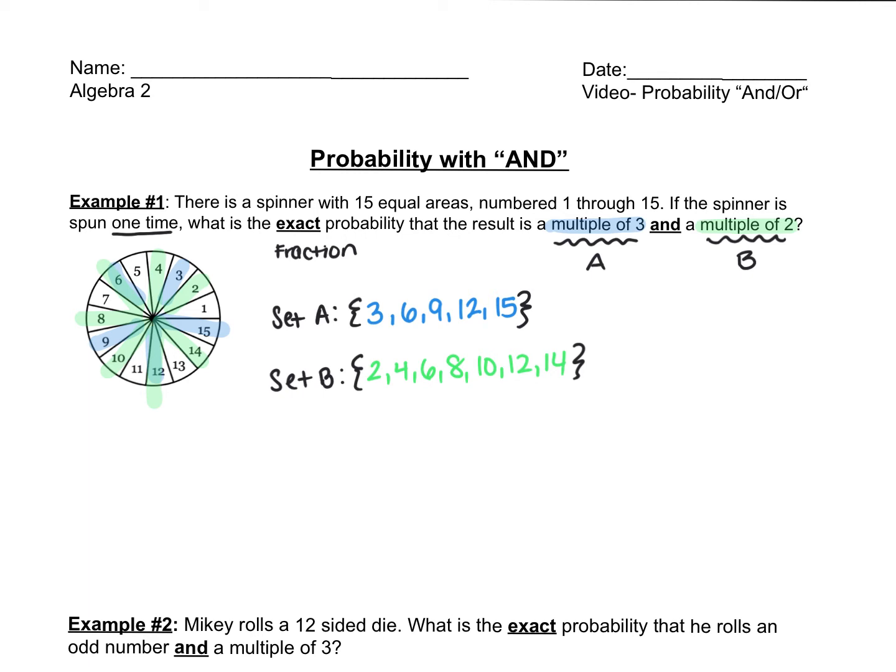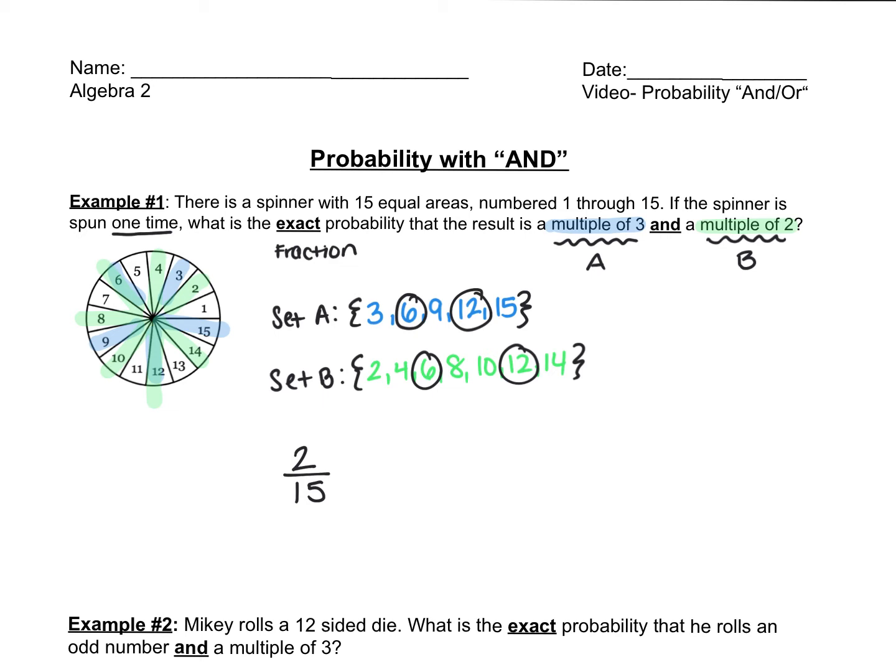So what I'm asking you is to tell me where's the overlap, right? Where are the things in common? So do you notice that 6 has a blue highlight and a green highlight? And so does 12. 12 is also a green highlight and a blue highlight. So 6 and 12 are both numbers that are multiples of 3 and multiples of 2. So my answer is just 2 out of 15. There are two numbers, more specifically 6 and 12, that are in both sets,